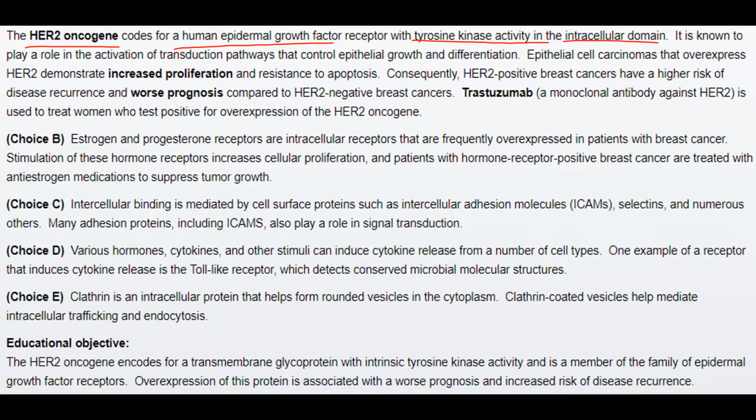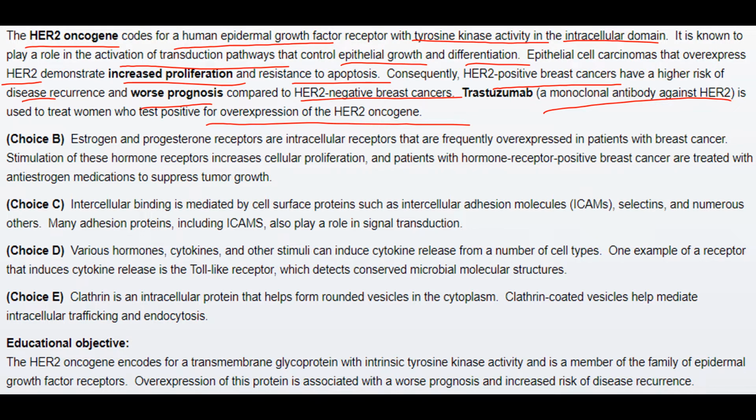the intracellular domain. It is known to play a role in the activation of transduction pathways that control epithelial growth and differentiation. Epithelial cell carcinomas that overexpress HER2 demonstrate increased proliferation and resistance to apoptosis. Consequently, HER2 positive breast cancers have a higher risk of disease recurrence and worse prognosis compared to HER2 negative breast cancers. Trastuzumab, a monoclonal antibody against HER2, is used to treat women who test positive for overexpression of the HER2